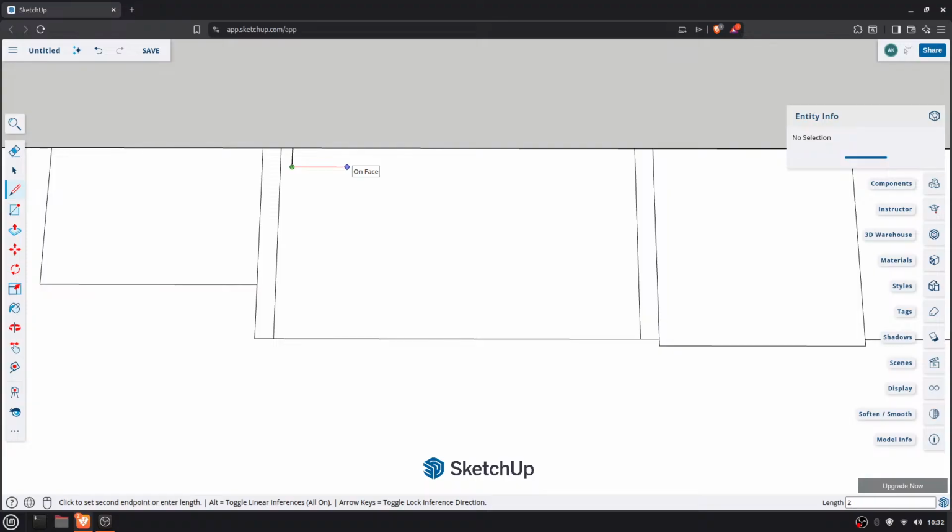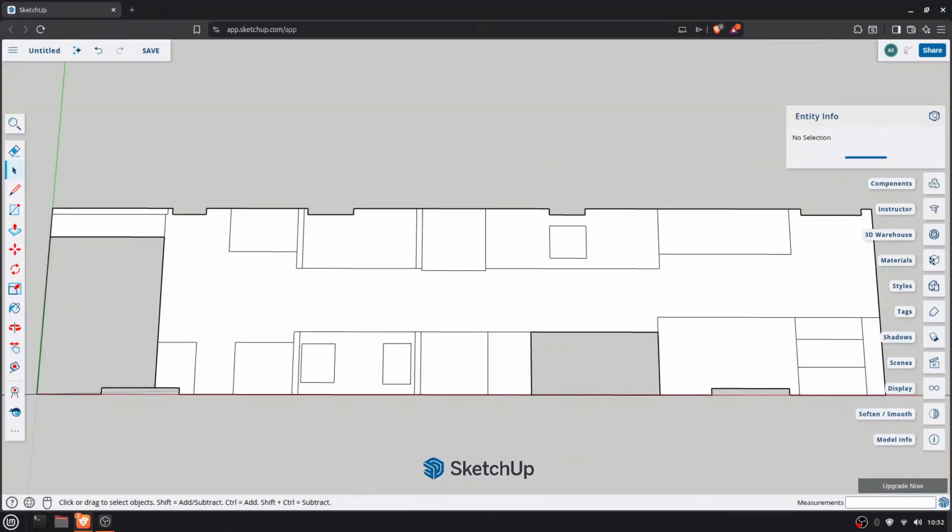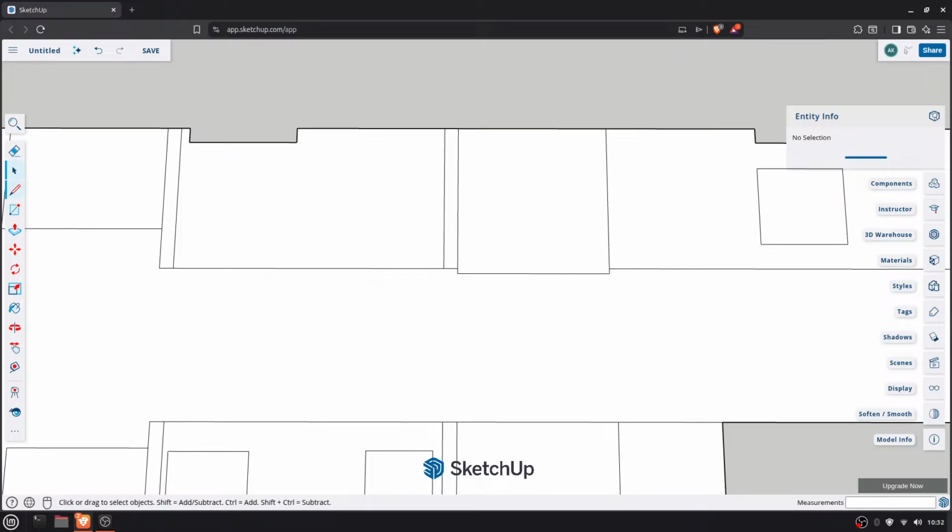21 3/4. There we go. To there. And then I can take this and delete that. So that's a window there as well. So the plan is I need to have a showering area